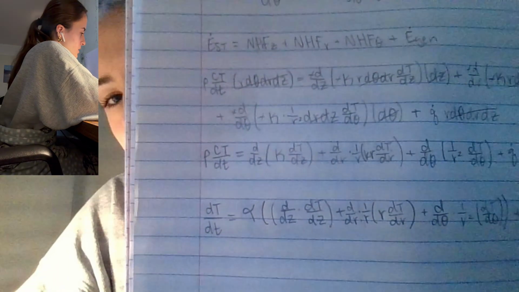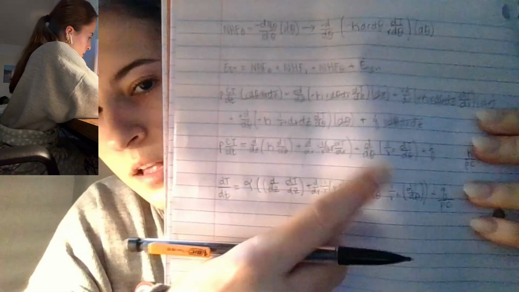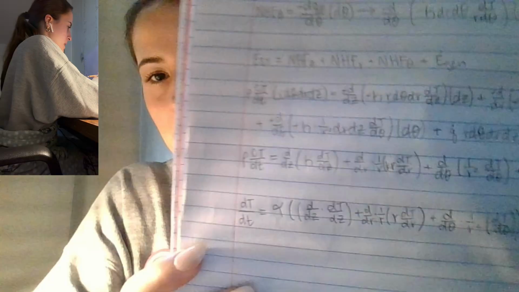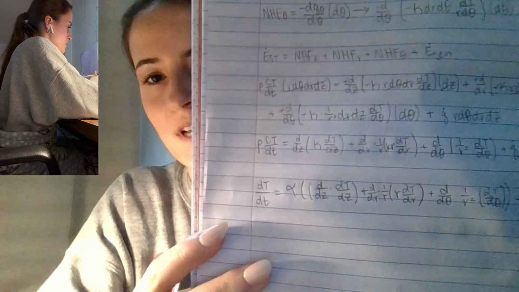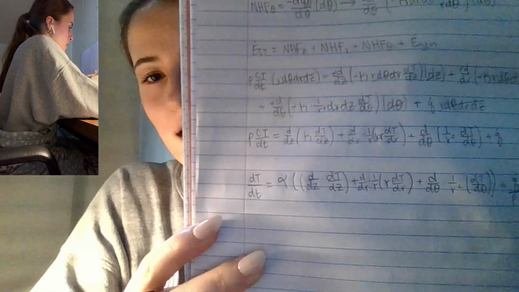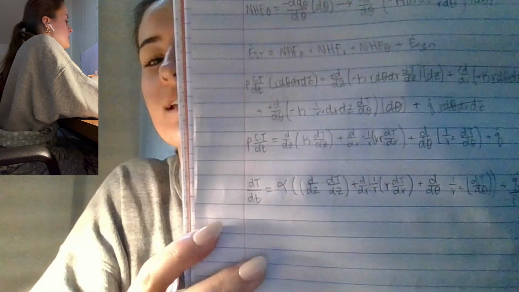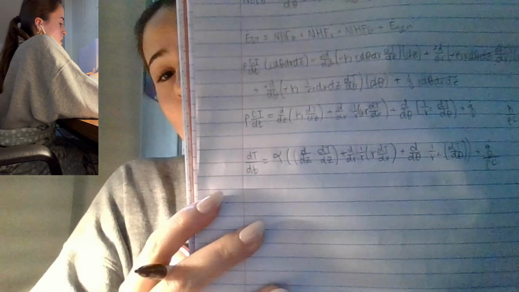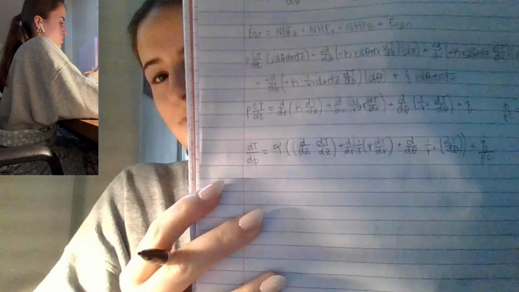D over d theta times 1 over r squared dt d theta plus q dot divided by density heat capacity. So what we did here is we divided by density and heat capacity, and then we get just the change in temperature over change in time, pulled the K out to the front from each of our net heat flow terms, and divided it by density and heat capacity, which equals thermal diffusivity, which is represented by the